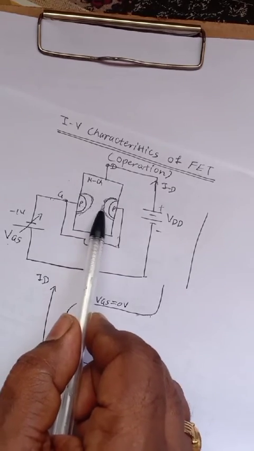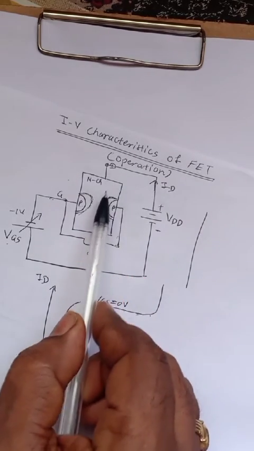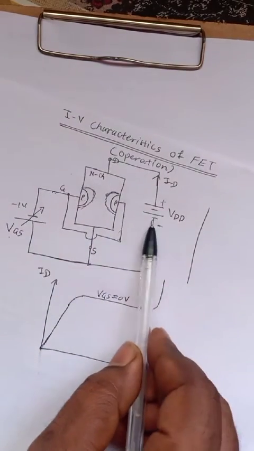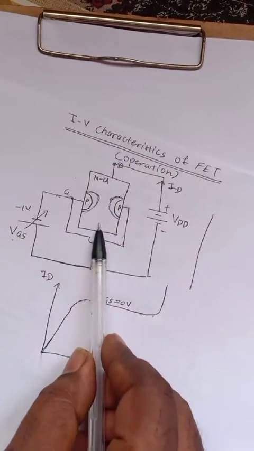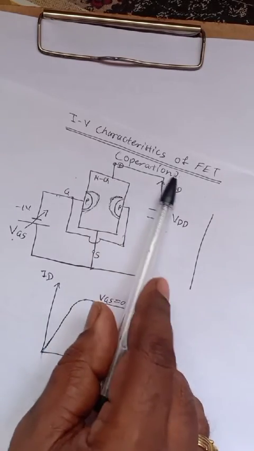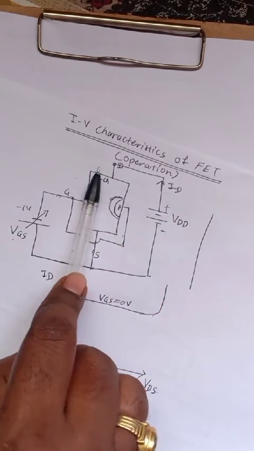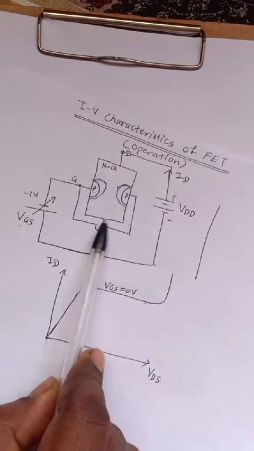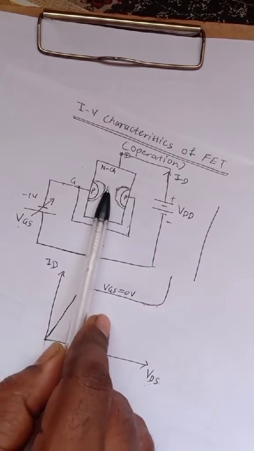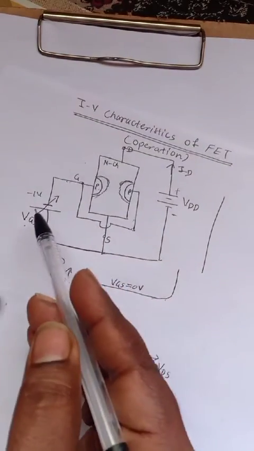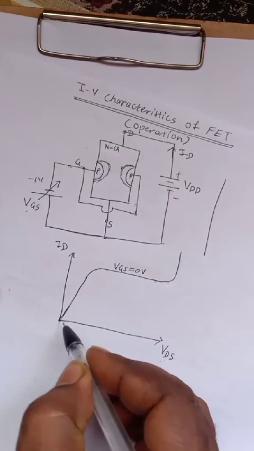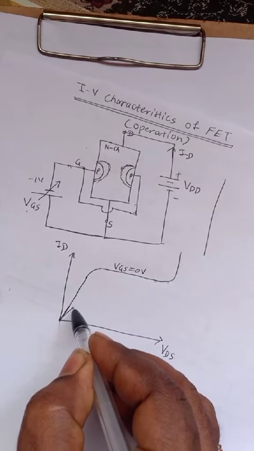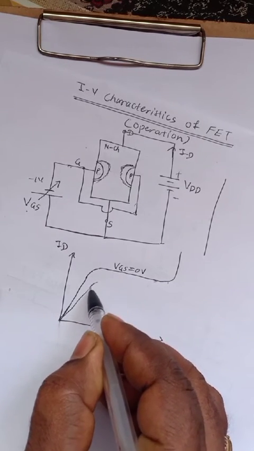So as the channel width decreases, traffic through the channel, that means flow of electron, decreases. From the negative side electron enters into the channel and it drains out from the drain, okay, so that's why the name is given drain. So the traffic, meaning flow of electron, gets decreased as we increase the VGS. So we observe the same variation, but a little bit current gets decreased.